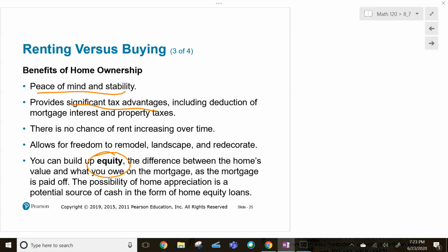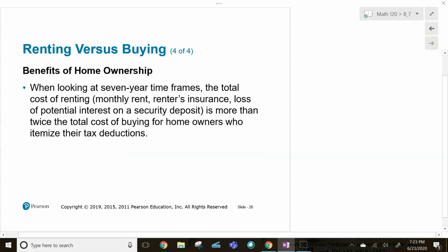All that stuff. But I'll say this, in your pursuit of your American dream, if that's what you want to do in buying a home, make sure that you own your house, it doesn't own you. In other words, you don't want to be house poor. So, save for a down payment, get a conservative mortgage, and stay within guidelines so that your house doesn't own you, is my recommendation. People looked at 7-year time frames, and the total cost of renting is